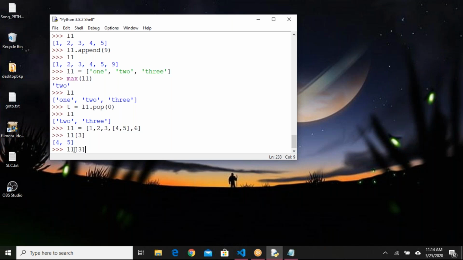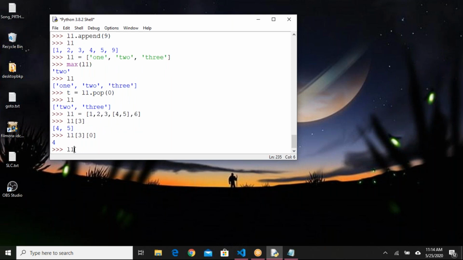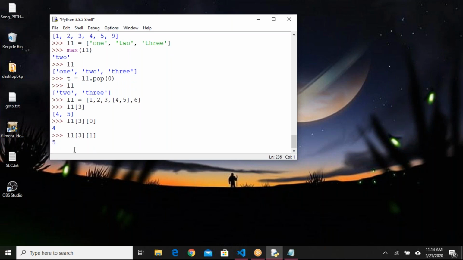On top of it, you can provide one more index, like L1 of 3 and 1, which gives 5. For a nested list, first identify that element with an index, then provide another index to access the inside element also.